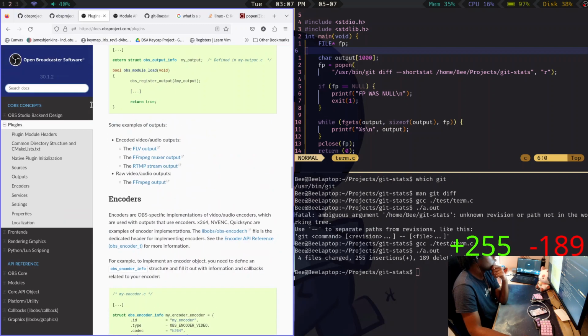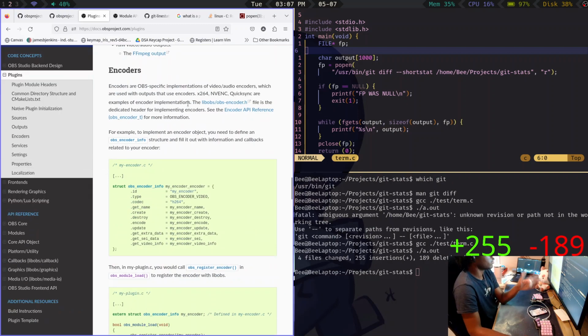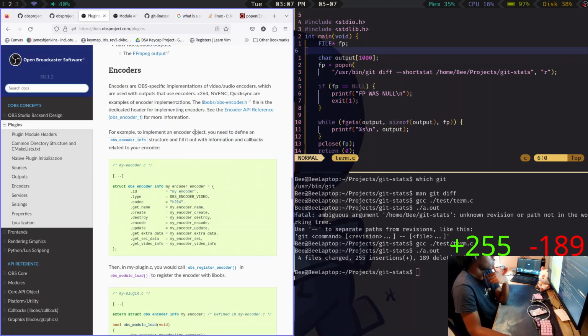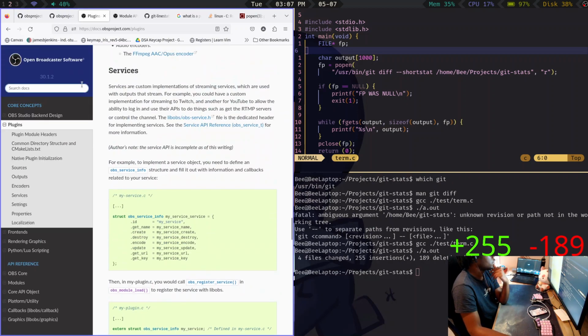It's because your plugin is one of these. It uses all of these. I don't need this one. What do I need? I think it's a service. So our custom implementation of streaming services which are used with the outputs that stream. Example, you could have a custom implementation for streaming to Twitch, another for YouTube.